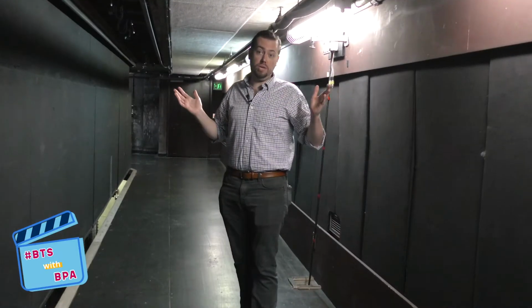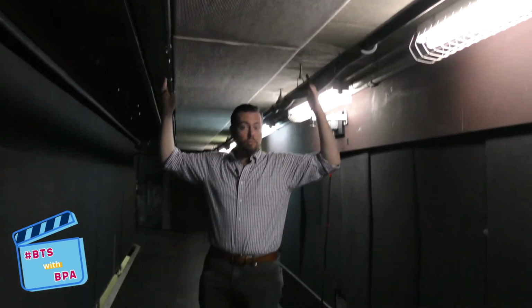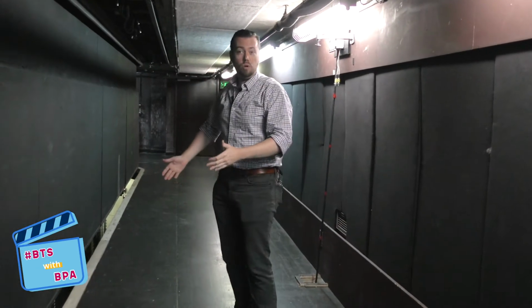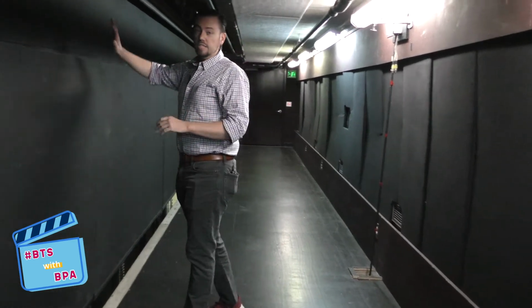So this is the orchestra pit. And as you'll notice, the ceiling here is a little bit low, but most of the people who are in here would be either playing an instrument or seated while they're in here. And you might be thinking, well, this doesn't look like it's very open to anything, and that's because, again, this